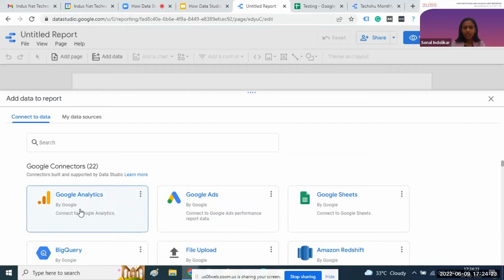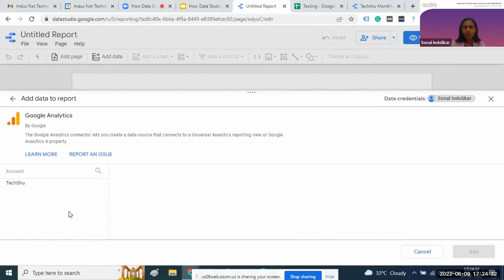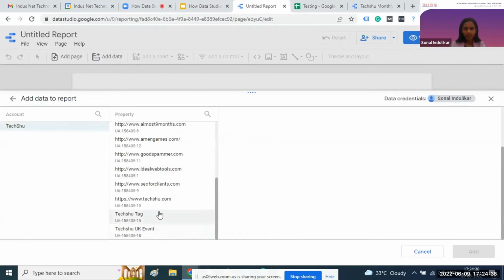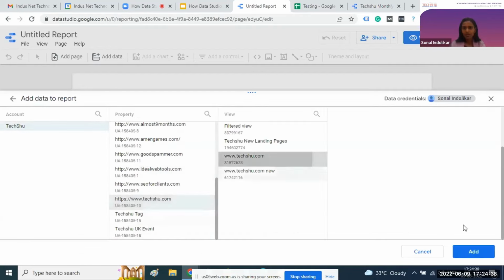Right now we will create the report using the Google Analytics data first. For this, we will build the connection with Google Analytics. So I'll choose Google Analytics over here, and again I'm going to choose the TechSu website.